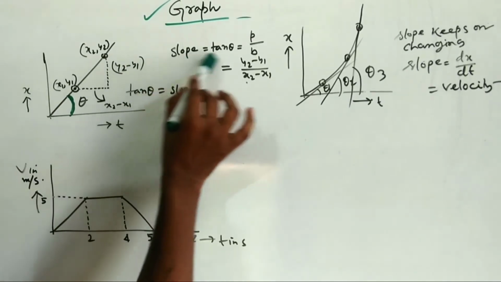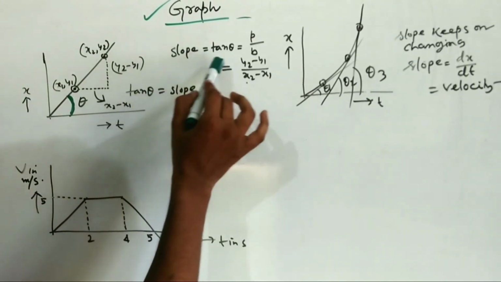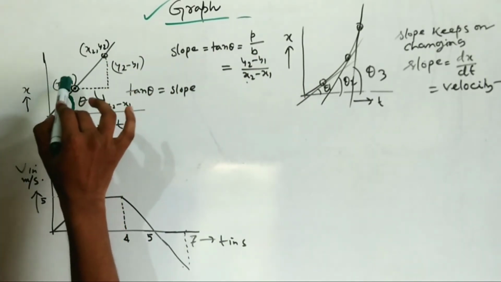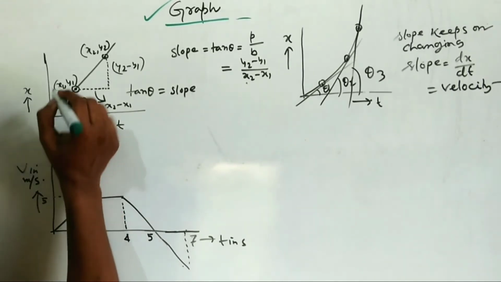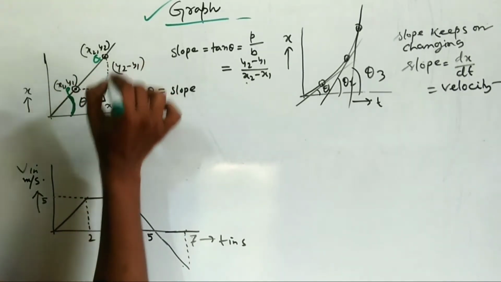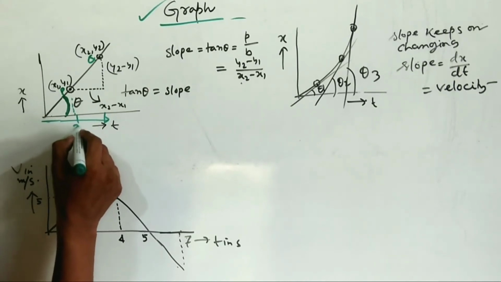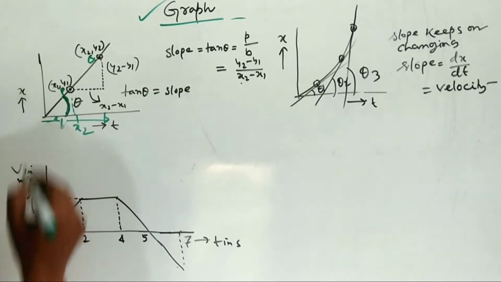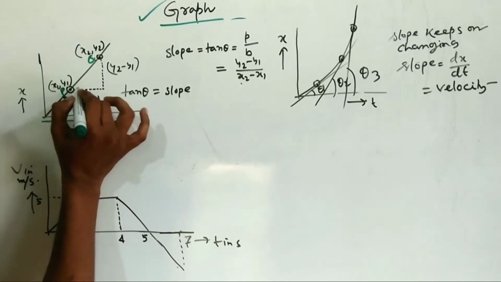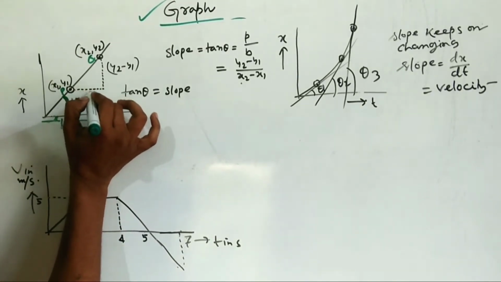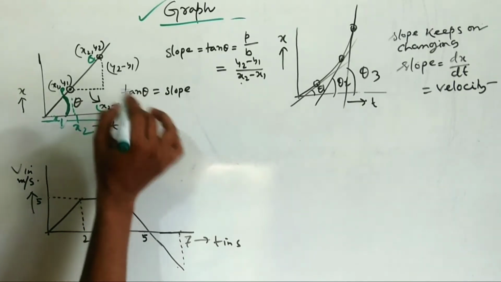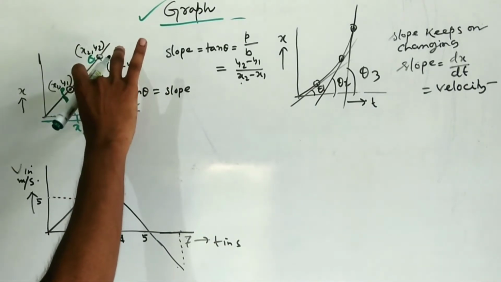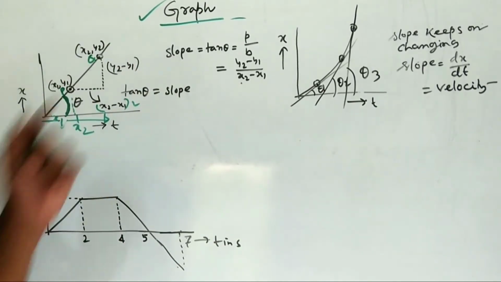And slope can also be found by another method, that is p by b. Suppose on this straight line we have taken a point P (x1, y1) and here a point Q. So this distance is x2, this distance is x1. So what will be the distance of that? That is x2 minus x1. Already I have written here. And what is the distance of that? The total is y2, this one y1. So the remaining will be y2 minus y1.